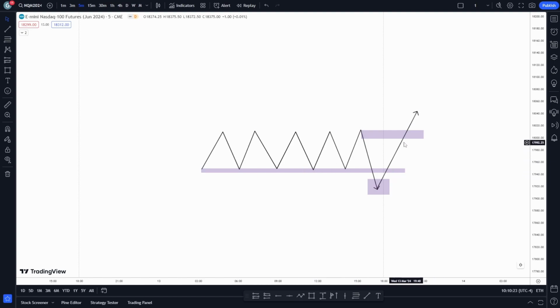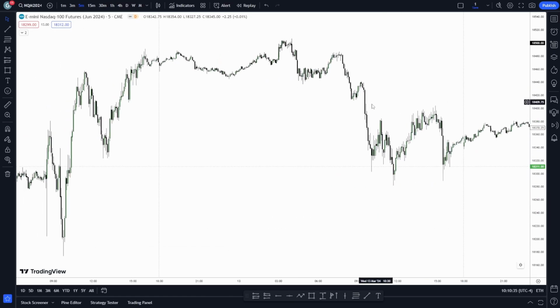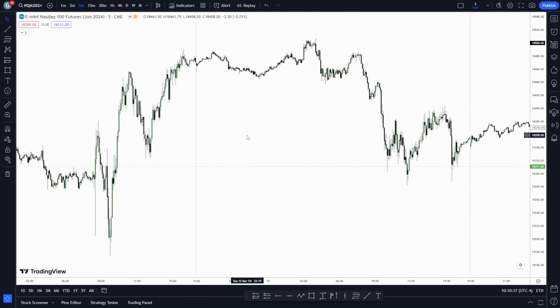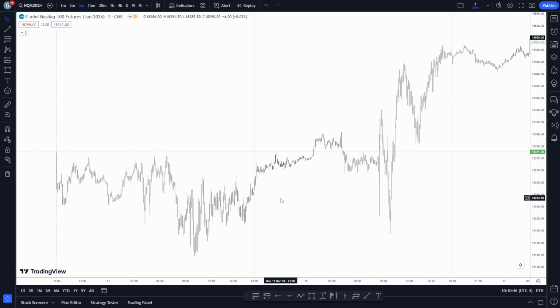So I think you understood the basics. Now the strategy steps, okay. First is to identify the key levels. Identifying the key levels, the first step is to find support and resistance lines on the charts. In this scenario, you have to find the support and resistance lines on the chart, which is very important